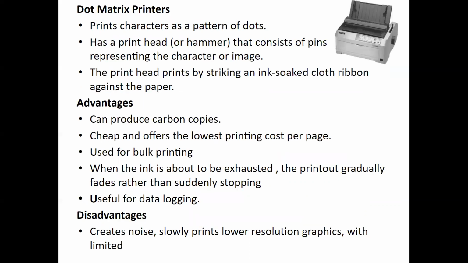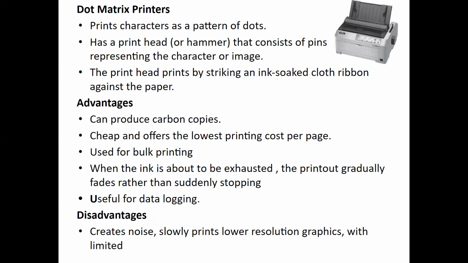Okay, so coming on to the dot matrix printer. The dot matrix printer is an impact printer. The characters and images printed by it are patterns of dots. These patterns are produced by striking the ink-soaked ribbon against the paper with a print head. The print head contains pins that produce a pattern of dots on the paper to form the individual characters. The print head of a 24-pin dot matrix contains more pins than a 9-pin dot matrix printer, so it produces more dots, which results in better printing quality.